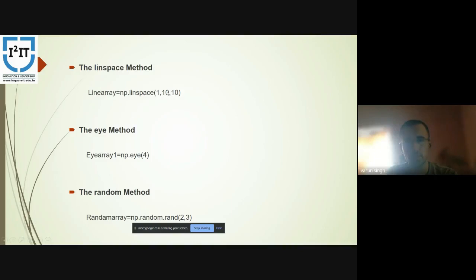Then in the eye method, all the diagonal elements of the 4 by 4 matrix will be 1, and in the random method, all the elements in the matrix will be random. So that is it from my side. Thank you.